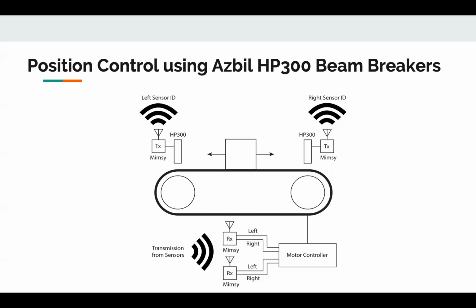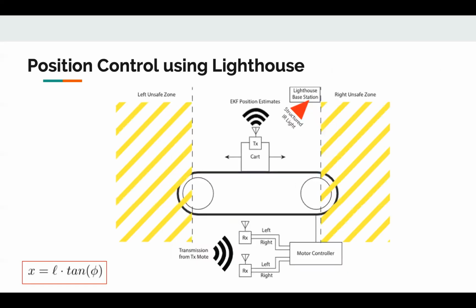Our implementation, shown in this slide, uses an extended Kalman filter, or an EKF, running on board a wireless sensor node on the cart for position and velocity estimation using both inertial measurements and Lighthouse localization. We show that the EKF provides equivalent response latency to the off-the-shelf sensors when the cart reaches an unsafe zone boundary. We also show that the EKF enables high reliability control with strong tolerance to occlusion from externally mounted sensors